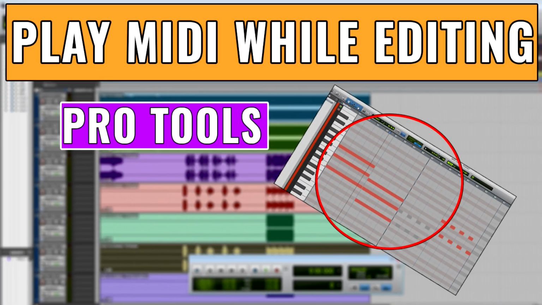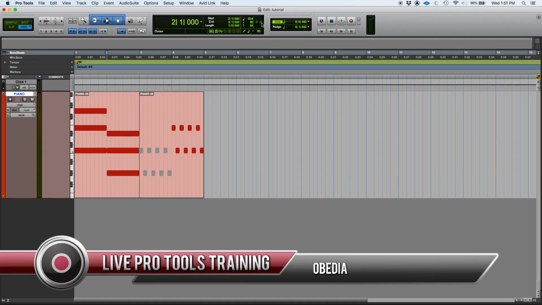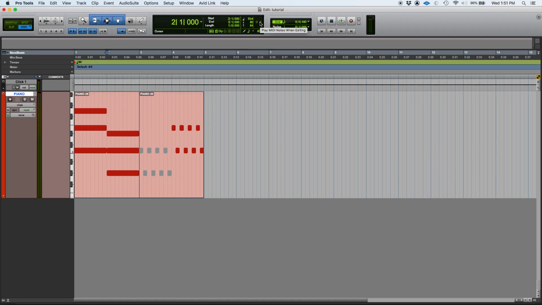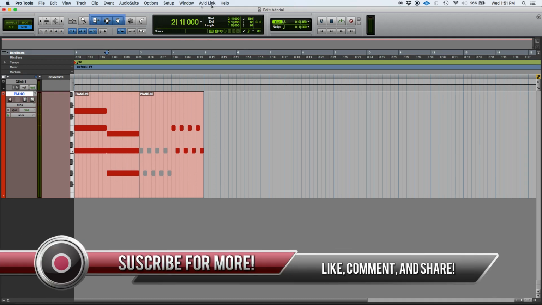Today we're back with our series of Pro Tools video tutorials, and we're going to be learning how to use the function included in Pro Tools, which is called Play MIDI Notes when editing. So the Play MIDI Notes when editing function is one of those options or functions that you can find on your main counter window right to the end on the right side